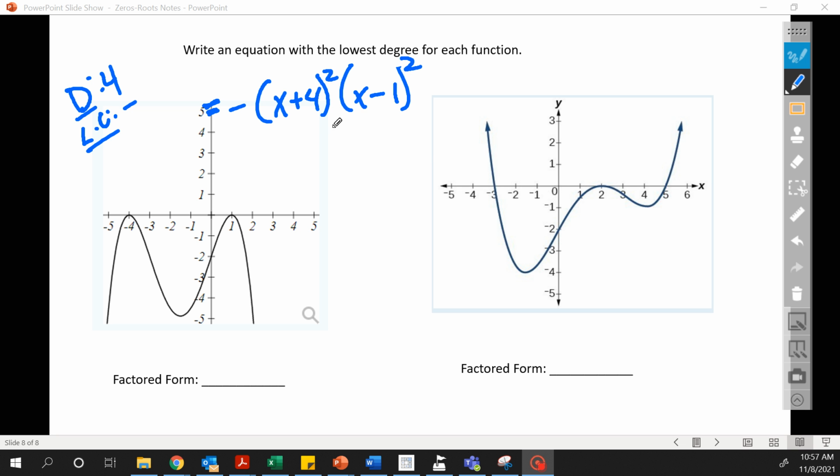However, the only reason that this wouldn't be good enough is because of the y-intercept, which is supposed to be at negative 2. And if you plug 0 into this, you get negative 16, not negative 2. So we're actually going to have to change this leading coefficient into something else so that it will give us negative 2. And if I turn this into 1 over 8,